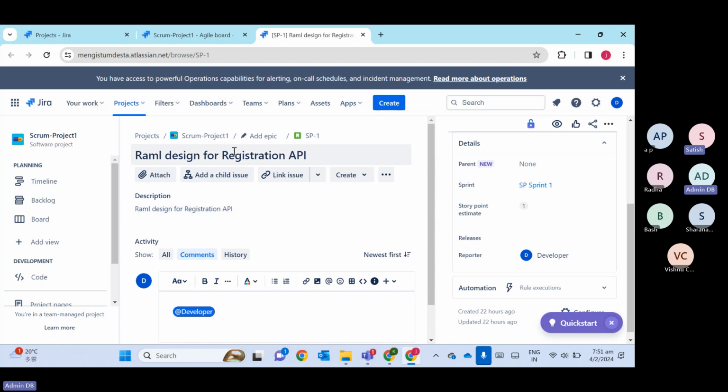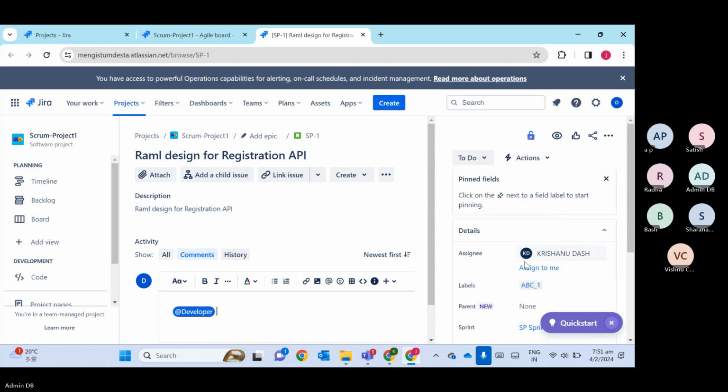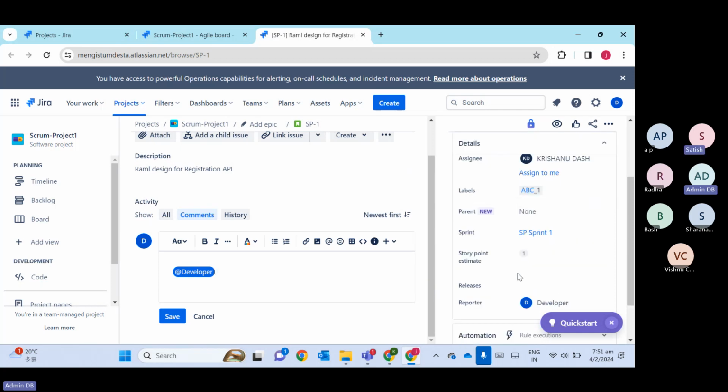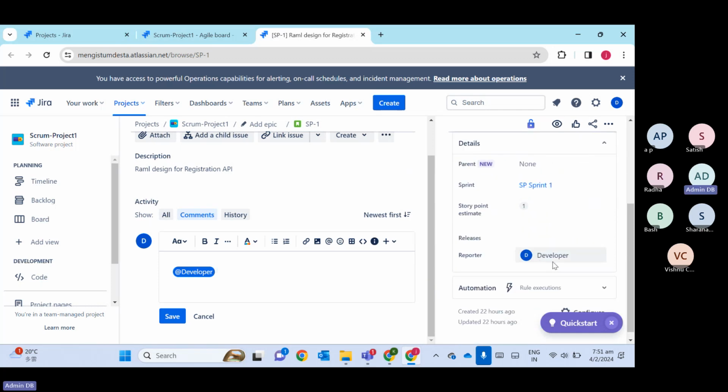Okay, I'm doing this on behalf of the developer. Let's say I'm doing it on behalf of Krisanudas. So what I will mention: who is the assignee for this? The assignee is me, this is my ID. But let me comment on behalf of Krisanu. So, at the rate of